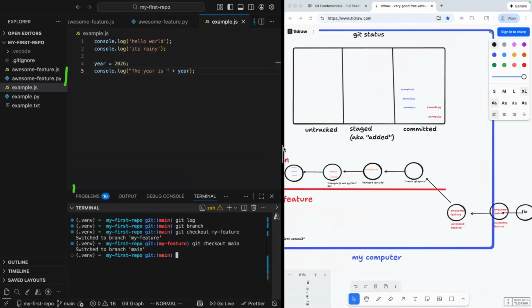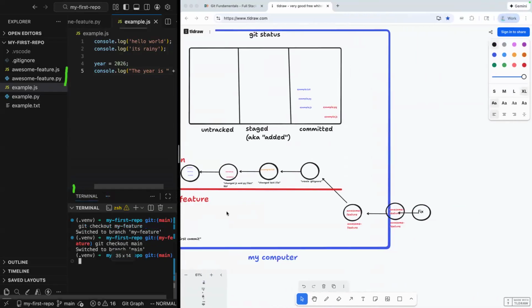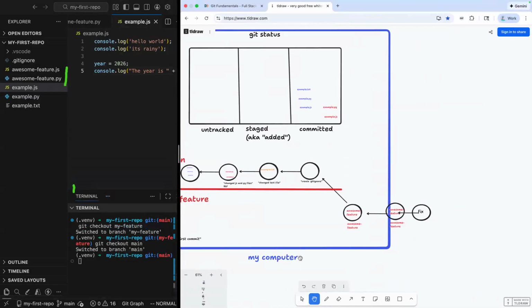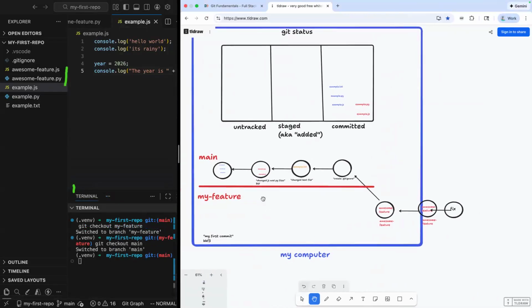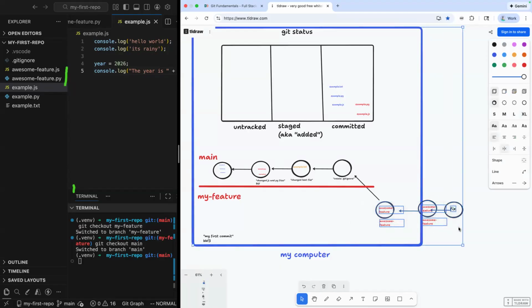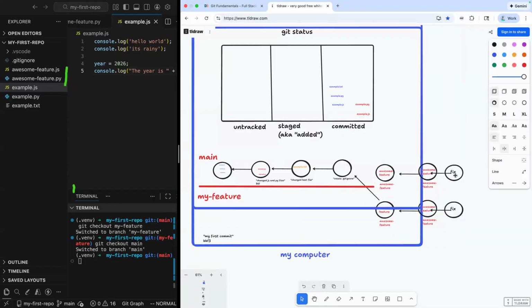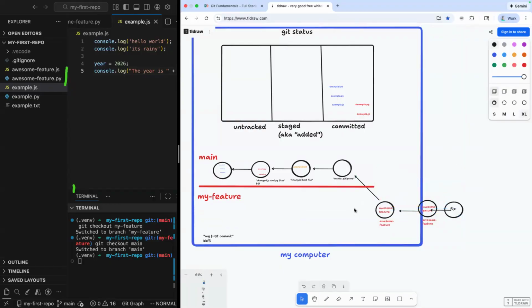Because of the way that Git keeps track of commits, right? A commit is a change to a file or many files, and it keeps track of all these things. Effectively, what we've done is, it works a little different under the hood, and I'm not going to get into that right now. But in effect,